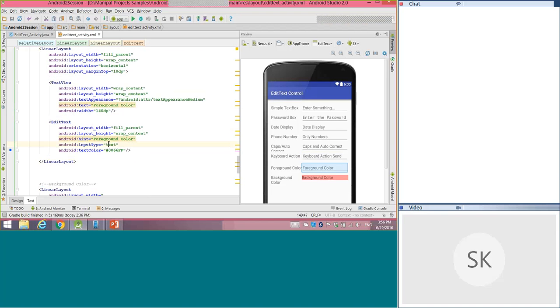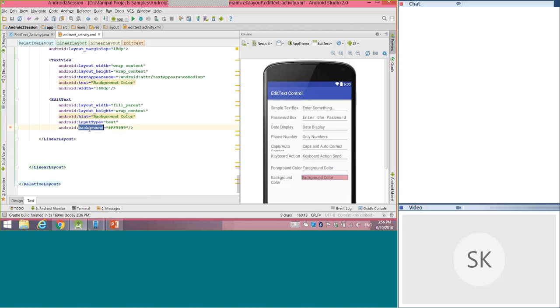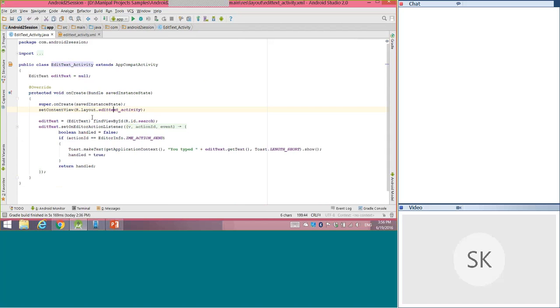So next one is foreground color. Everything is the same except that I'm setting the text color equals to some color. For the background color, I'm setting the background equals to some color. That's it. And inside my Java file,